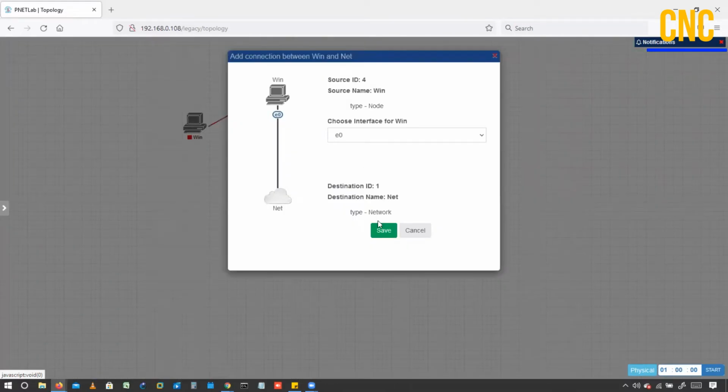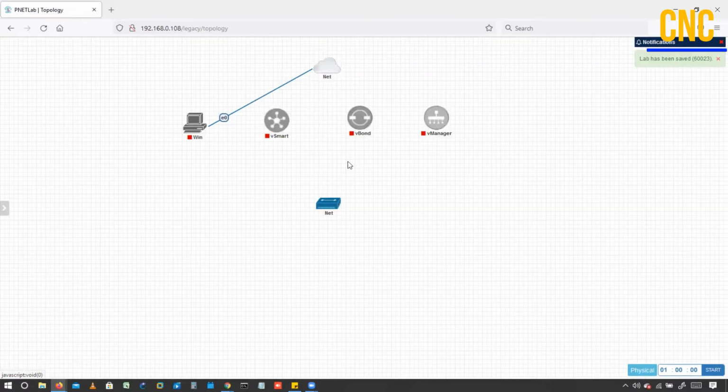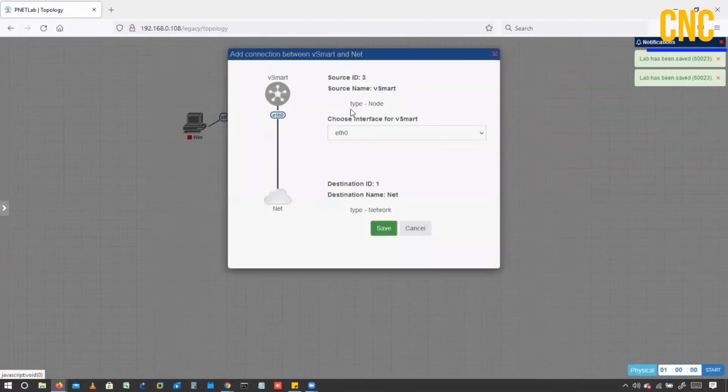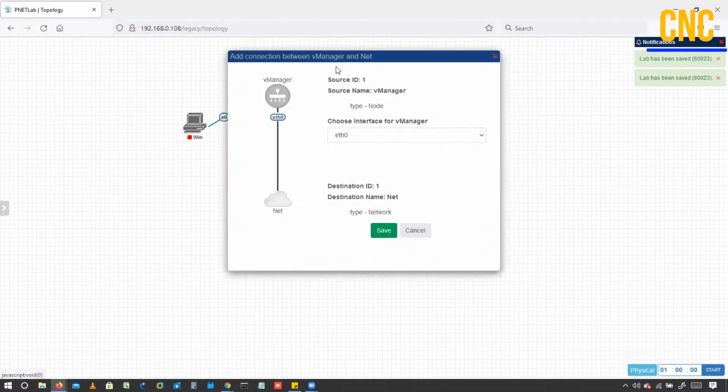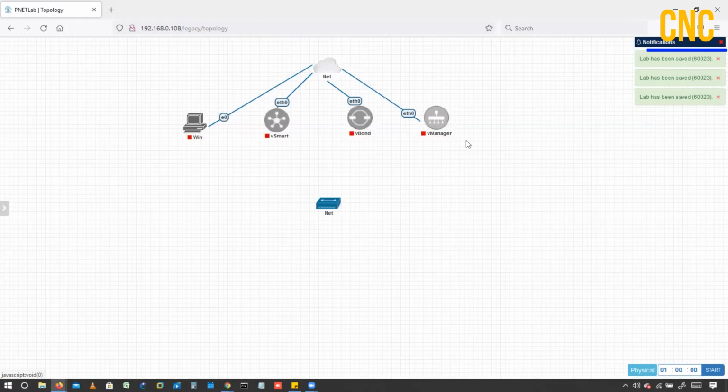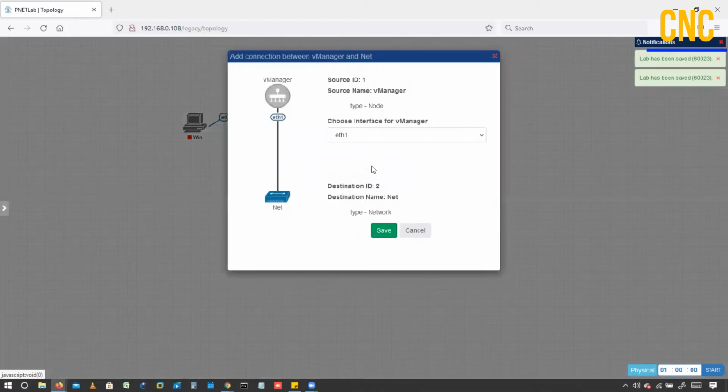I'll be using eth0 for this management. Same here, I'll be using eth0. Same here, eth0. And for the vManage also, for management, I'll be using eth0. The other interface I'll be taking as internal for the transport.